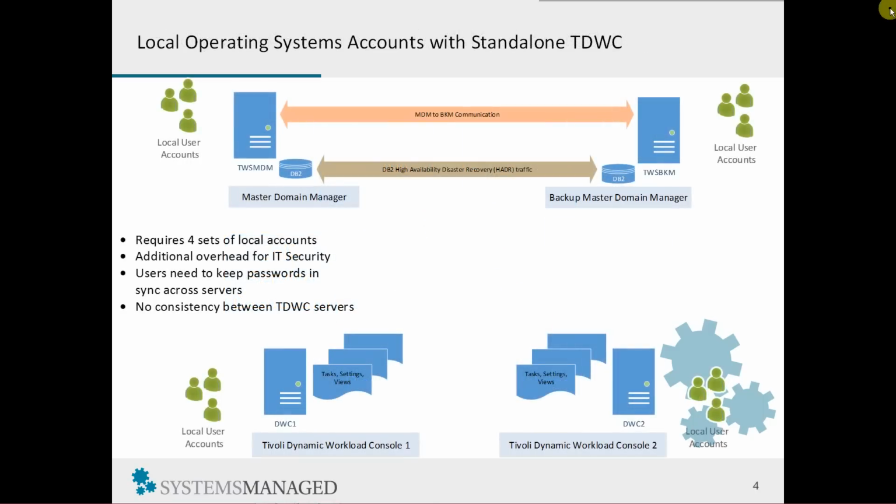This slide is a graphical representation of what we've just been talking about, where you have multiple TWS and TWC servers in your infrastructure. In this case we've got a master domain manager called TWS MDM, a backup master domain manager, TWS BKM, and two standalone DWC servers, DWC 1 and DWC 2. With local accounts, if you have a new user you have to create an account on each of these four servers. And similarly, when a user logs on to a standalone DWC server, any of the tasks that